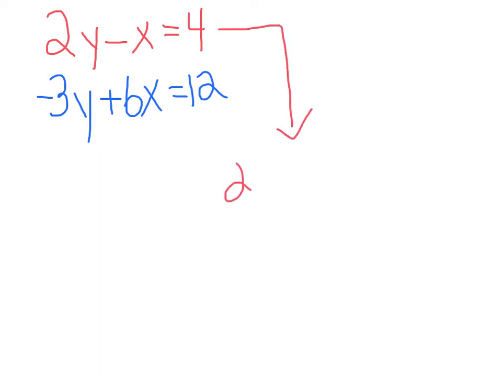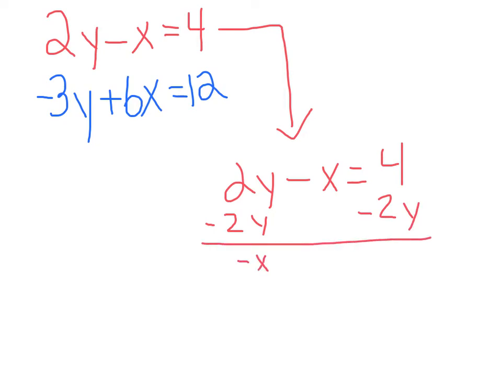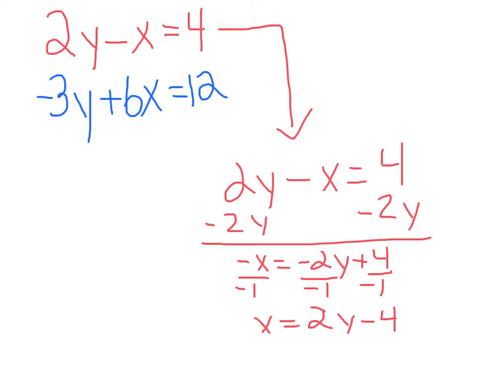So if I have 2y minus x equals 4, to get x by itself, I would start by subtracting 2y. And I would get negative x equals negative 2y plus 4. I would then divide by -1 to get x equals 2y minus 4. I have now got an x alone with my red equation, so I can use that to help me substitute